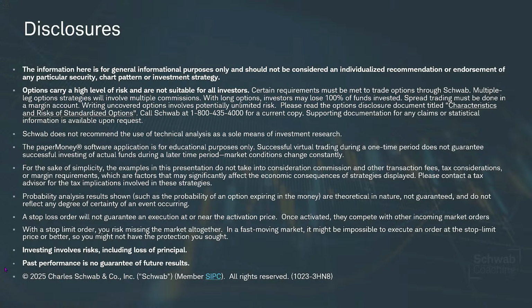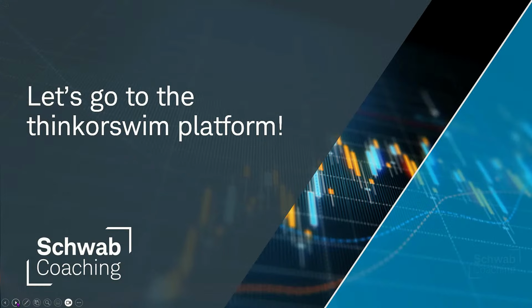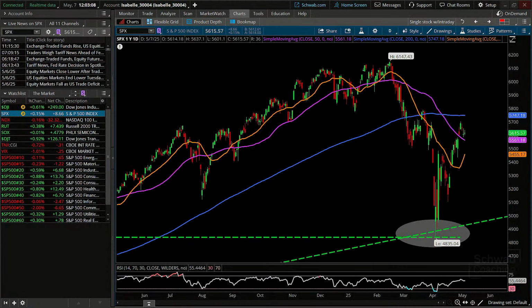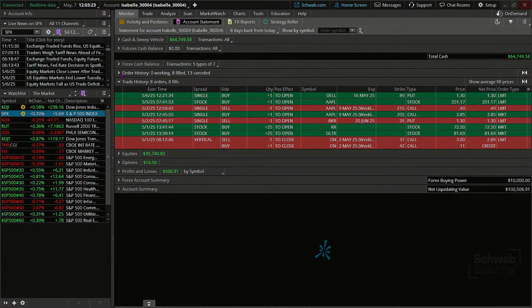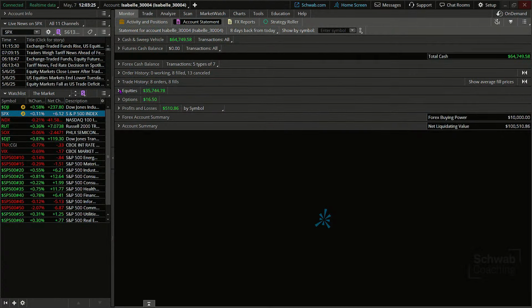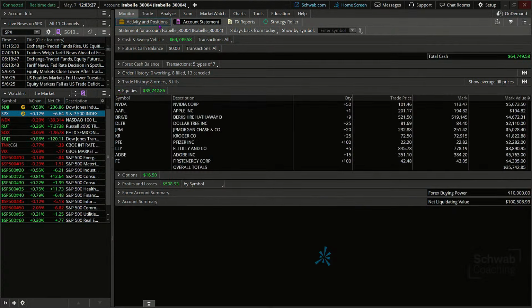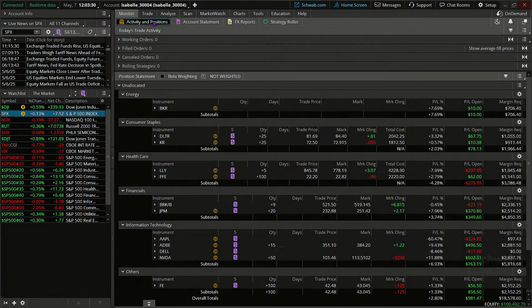Okay, so let me push on through some of the details there. We're going to go right to the platform. And I see right off the jump, we've got a question about resetting the Thinkorswim. And I assume this is zeroing out relative to our individual paper money portion, right? So chances are we're looking at something that maybe got a breakdown of individually held positions via the activity and positions page.